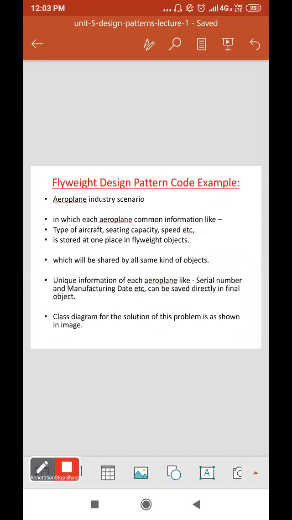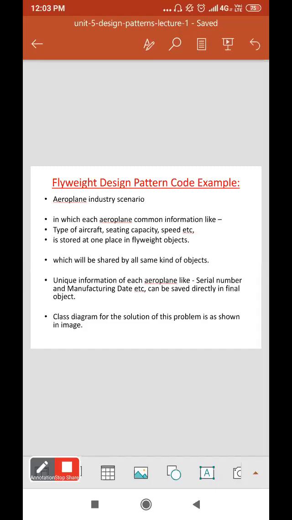The example is also given here of the aeroplane, in which the common information of each aeroplane, like type of aircraft, seating capacity, and speed, is stored at one place in flyweight objects, which will be shared by all objects of the same kind.